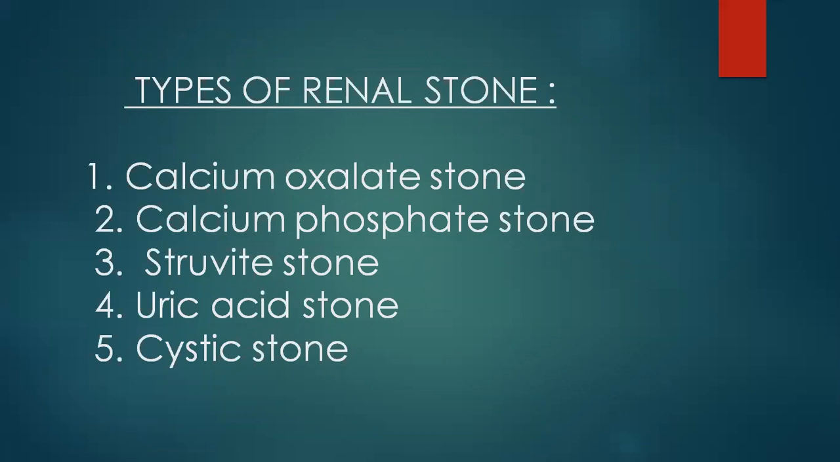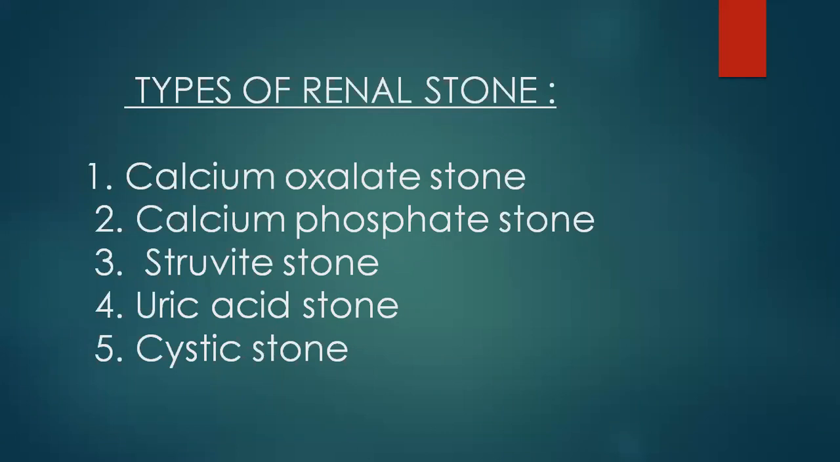Now comes to types of renal stones. There are 5 types of renal stones. First one is calcium oxalate stone. This is the most common type of renal stone, and it is caused by supersaturation of urine with calcium and oxalate. Then calcium oxalate tend to form in the alkaline chemistry, and in this type of renal stone, we need to avoid